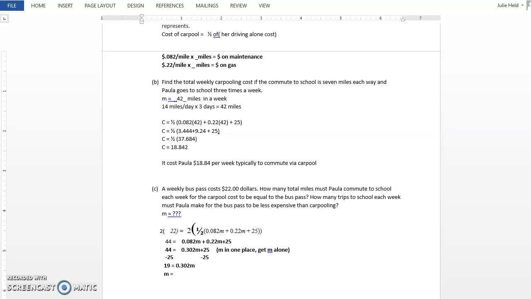I'm going to round it to the nearest tenth because it's how many miles per week she would drive. So if she drives about 62.9 miles in a week, and carpools, her cost of driving